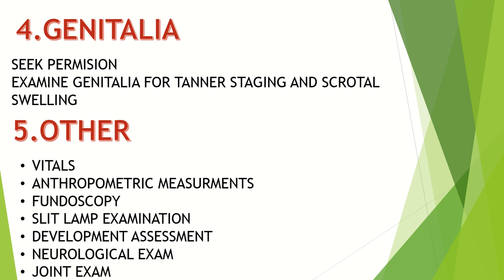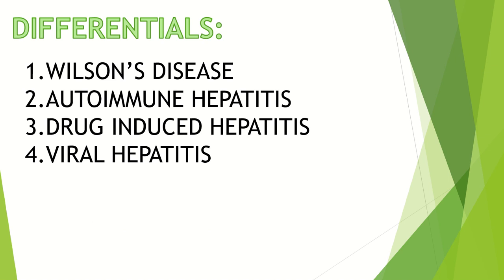Now, what will be the differentials? If a patient comes with CLD, what will be your differential? So differential will be four main things. The first one, that is Wilson disease, autoimmune hepatitis, drug-induced hepatitis, and viral hepatitis. This was part 1 of approaching a patient with CLD in an elder patient,